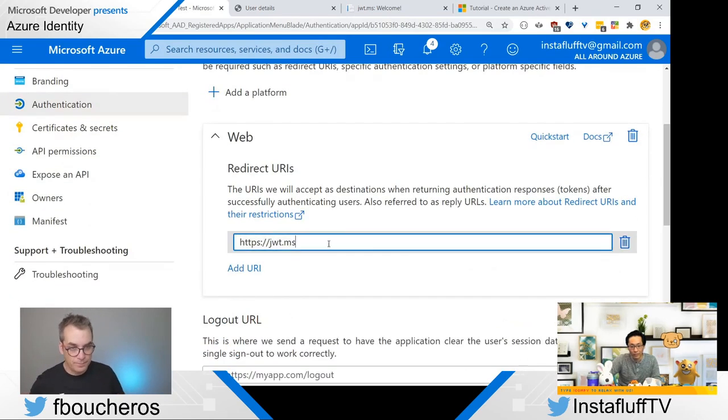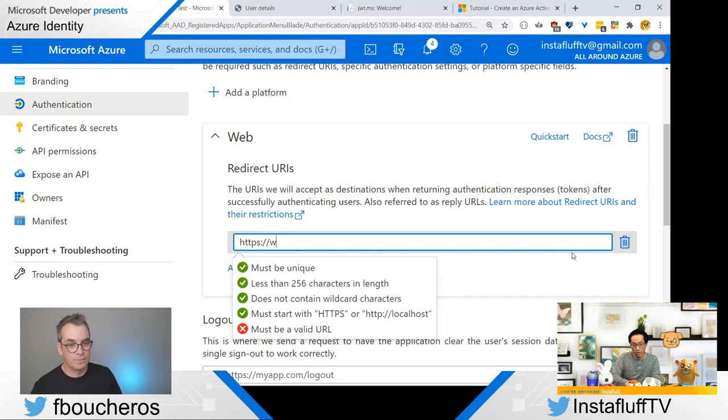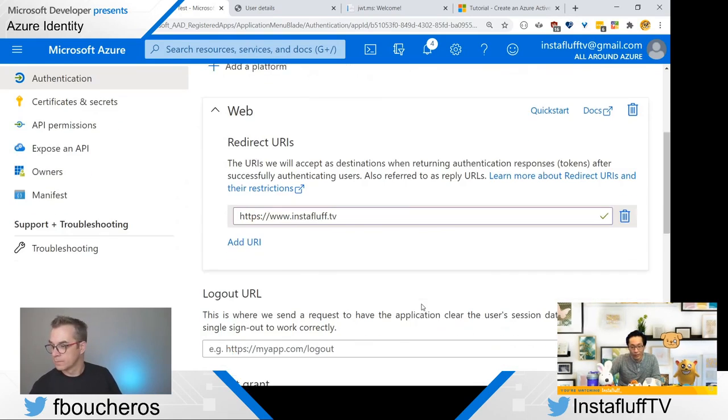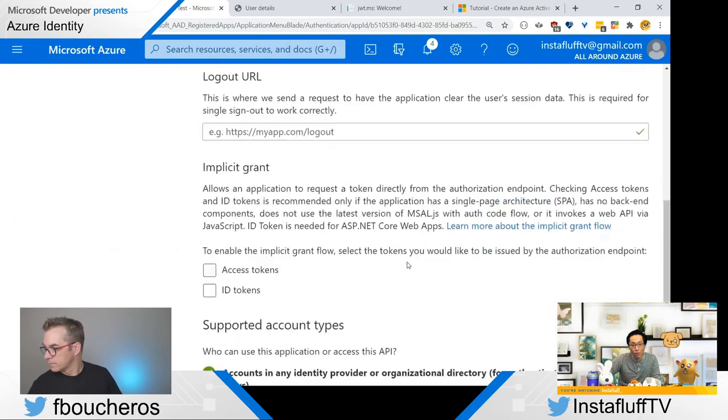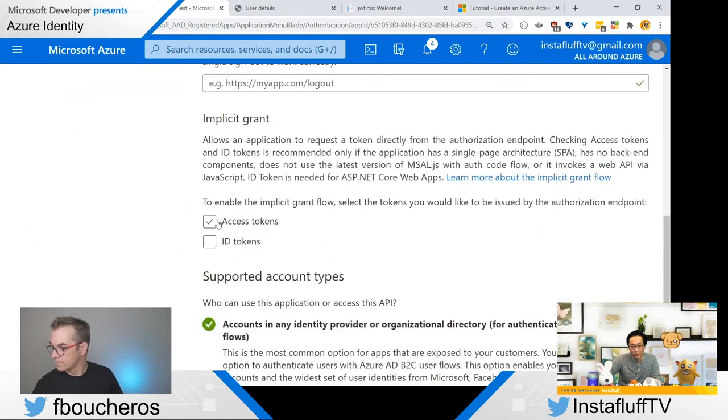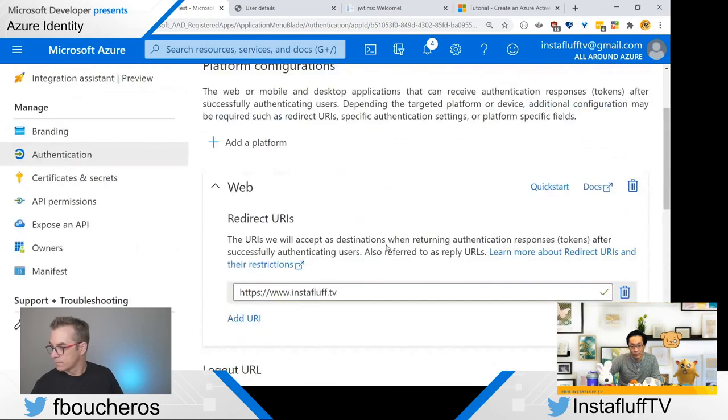And so instead of jwt.ms, what will be a good one? Can I put in my own website, like Instafluff.tv or something? I think that will work. Or you can put login URLs. Oh, implicit grants, you can do this too. That's always nice.